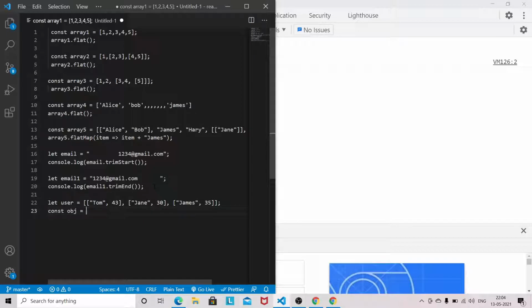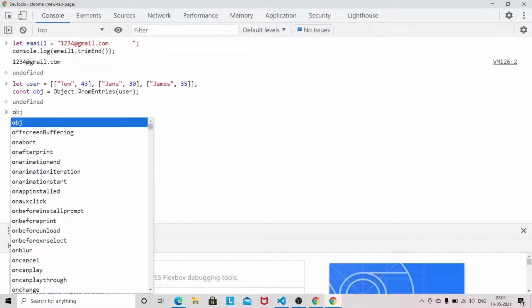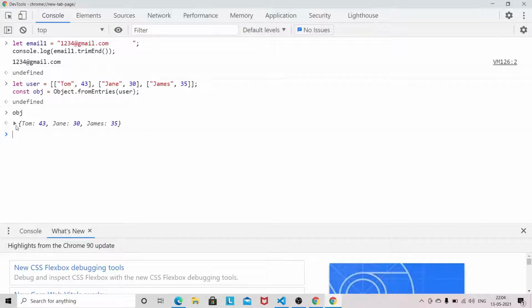const obj1 = Object.fromEntries. You can see we are able to convert this key value pair into an object. So it basically forms an object with the help of fromEntries.